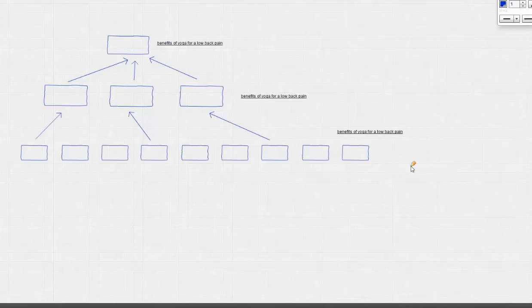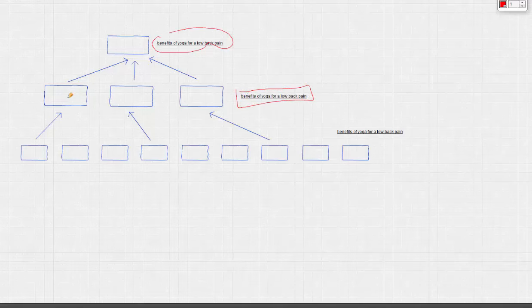And finally, we come to content relevancy stacking, a concept similar to domain authority stacking. If you want your content to be ranked for benefits of yoga for low back pain, you need to create references, mentions, if you will, or links if you use the old term, from content that Google will interpret as benefits of yoga for low back pain.